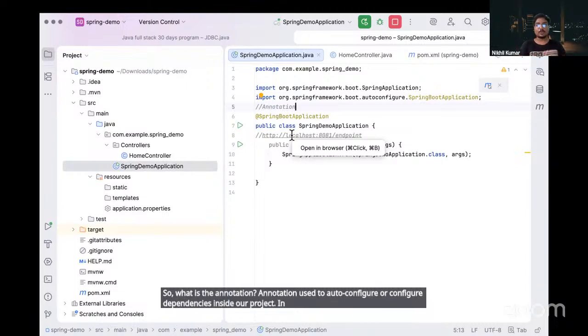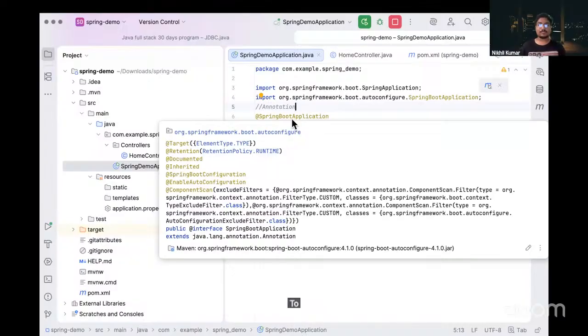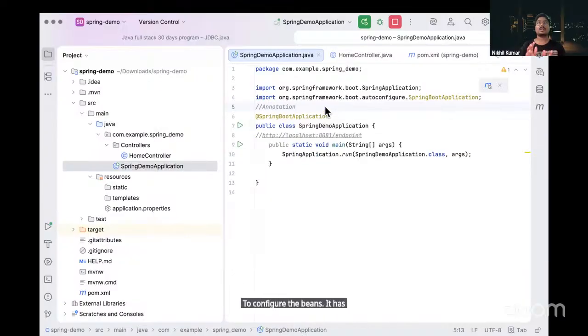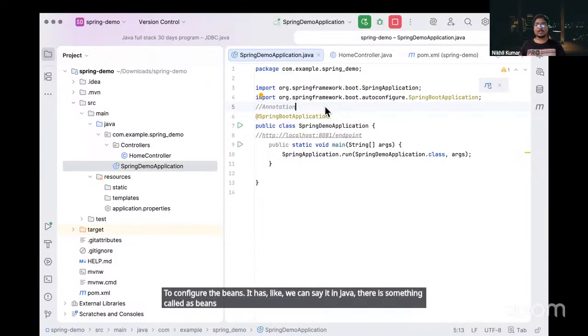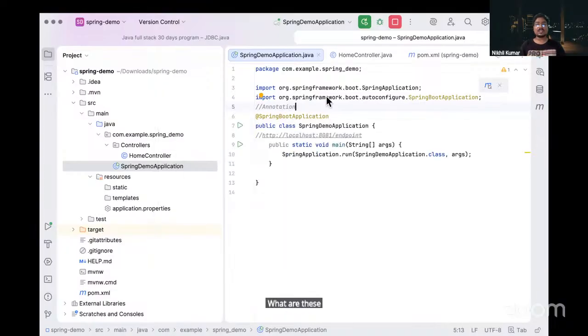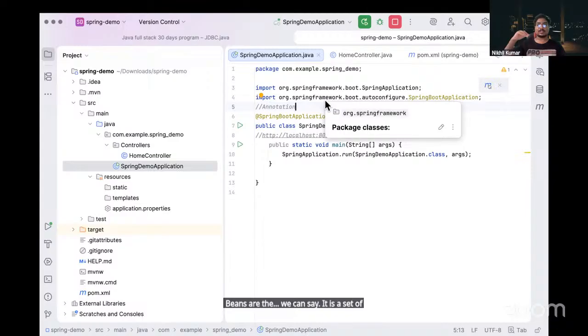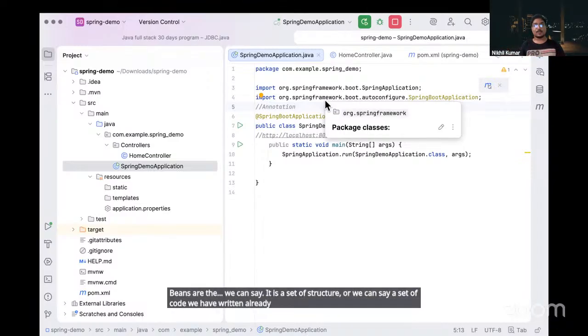Inside our Spring Boot project, we need annotations to configure the beans. In Java, there is something called beans. What are beans? Beans are a set of code we have written already inside our Java program, and we can use them without creating or initiating them.